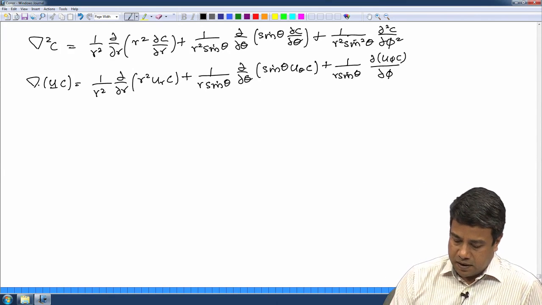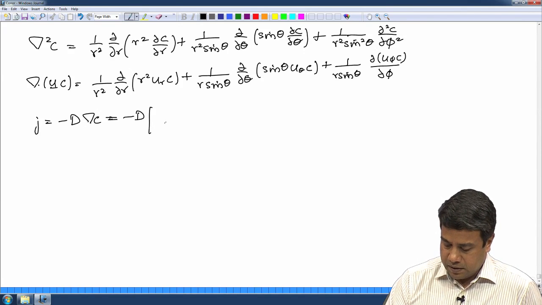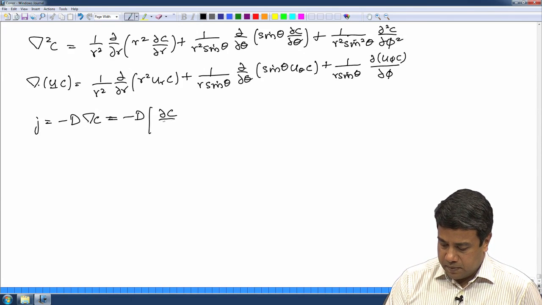And the equation for the gradient, j is equal to minus d grad c is equal to minus d into partial c by partial r plus, sorry,